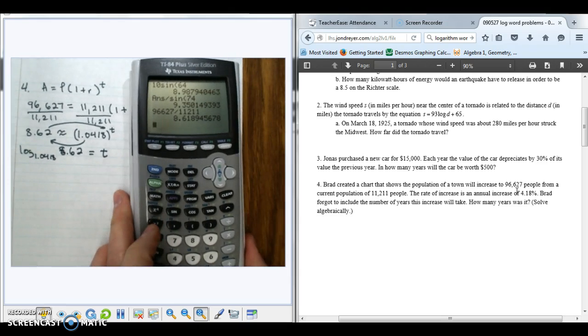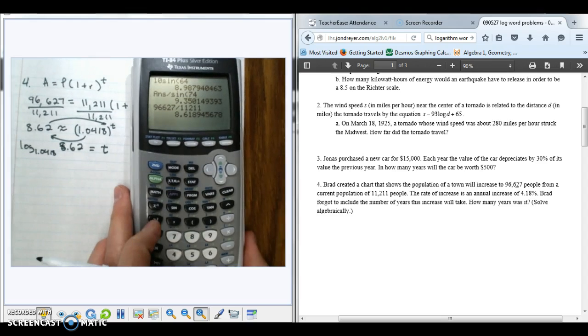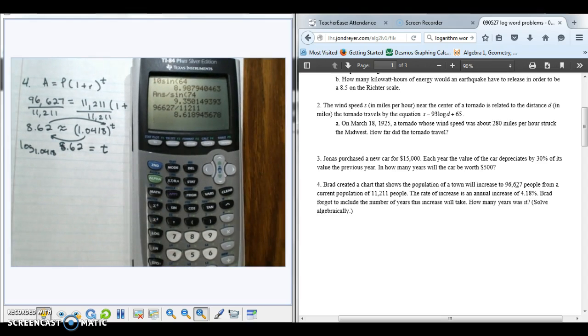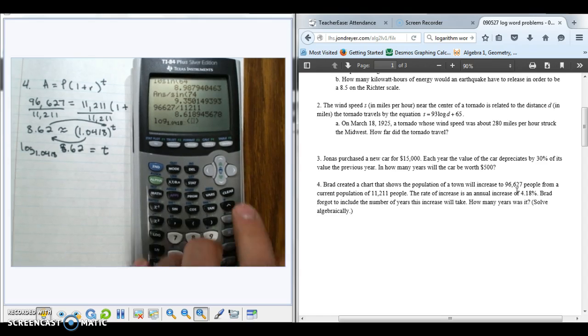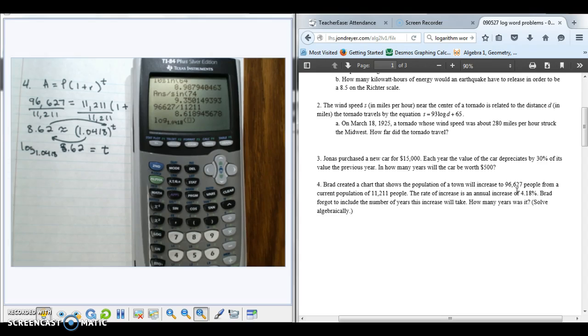All right. So let's see if I can get some more light on this. That's a little bit better. So what I'm going to do now is I'm going to use my calculator. Go to math. I'm going to go up to log base. I'm going to do log base 1.0418 of the number. Now I don't want to type it all in again. If I hit second negative, that's answer from the previous line. So answer from the previous line, way more helpful than anything else. I hit enter, and I got